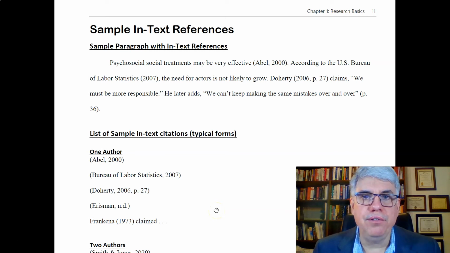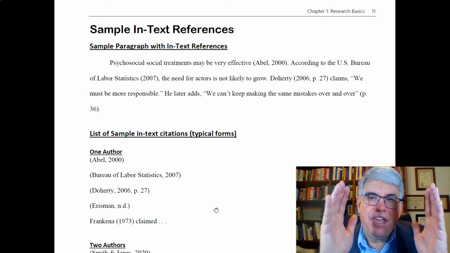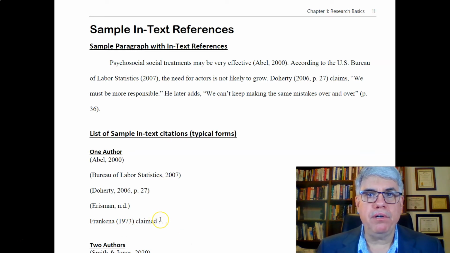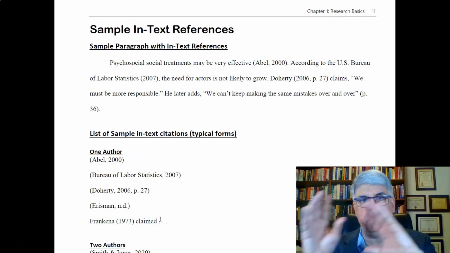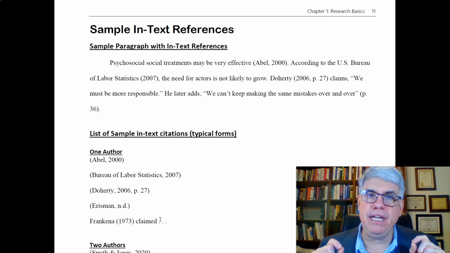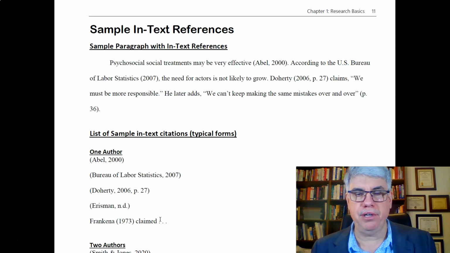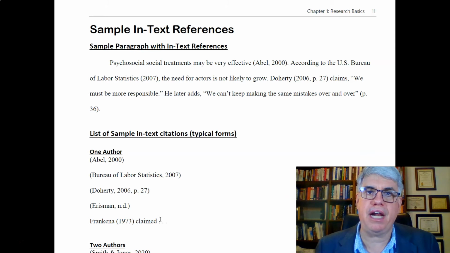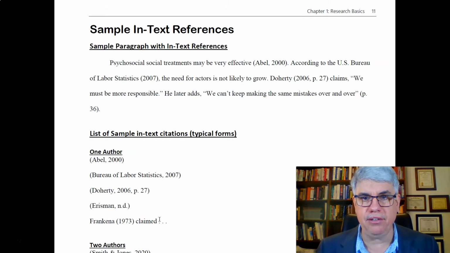Let's look at how we use APA in-text references. By an in-text reference, I mean the thing inside of parentheses inside a sentence. Basically, any time that we're writing and we've got an idea from someplace else, we need to indicate where that idea came from. Otherwise, it's plagiarism. And it adds a lot of credibility to our writing too when we show that other people are making more complete arguments for what we're just summarizing in a sentence.